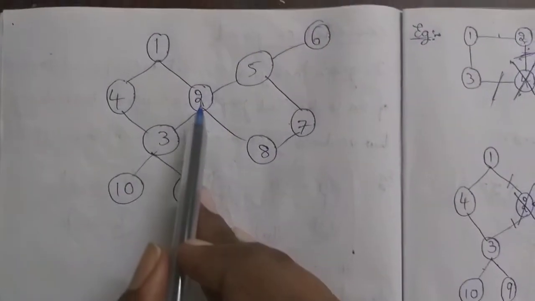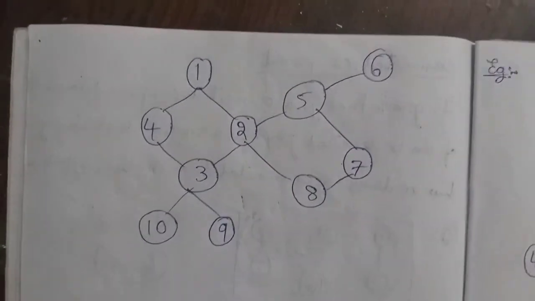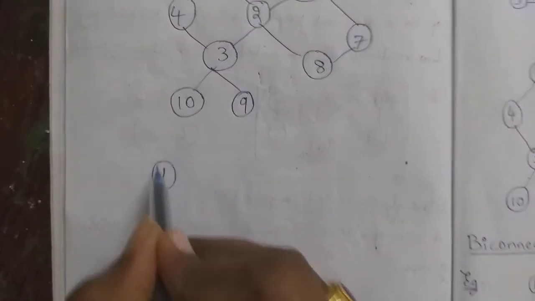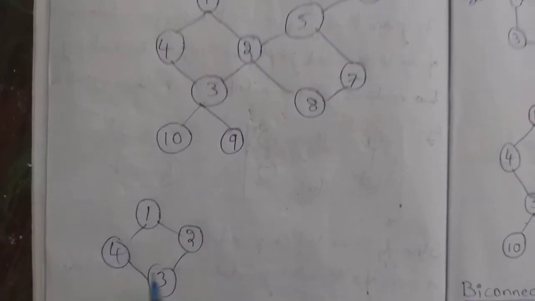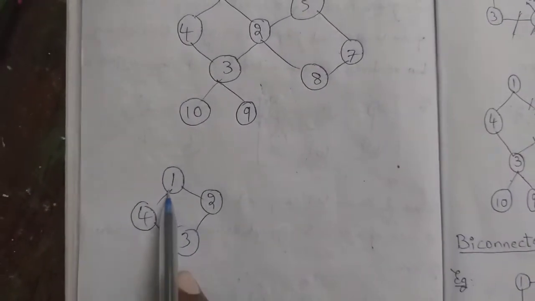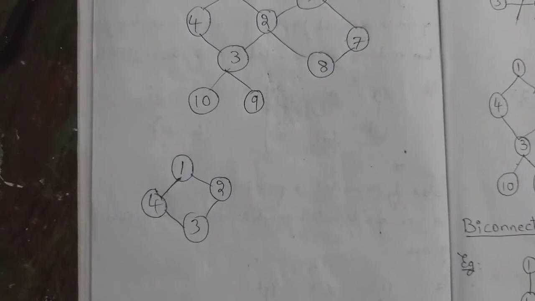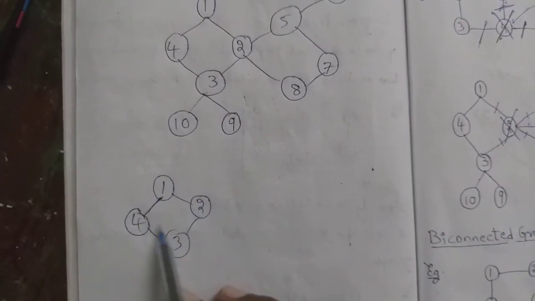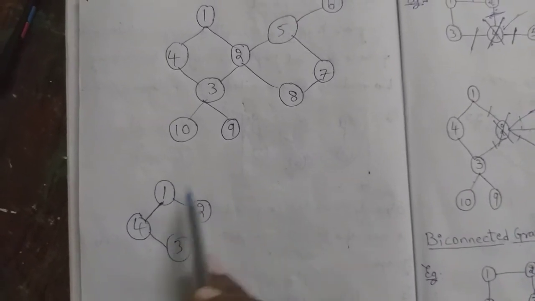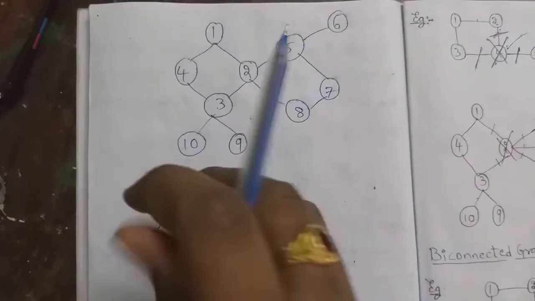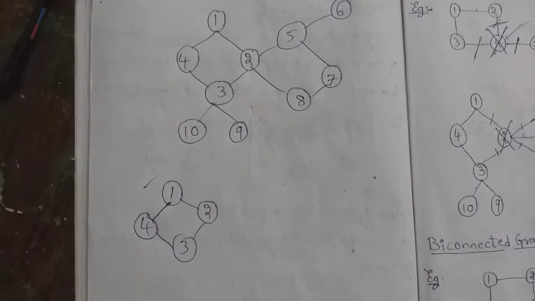First of all, I should extract a biconnected subgraph which is maximal. I say 1, 2, 3 and 4, which is a subgraph of the above graph, which is also a biconnected subgraph, and it is a maximal biconnected subgraph. In order to prove it is not maximal, I should extract one more vertex set, such that it becomes a subset. Since it is not possible, this is biconnected component number 1.